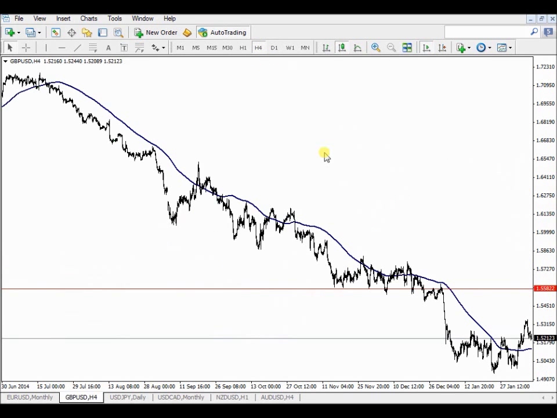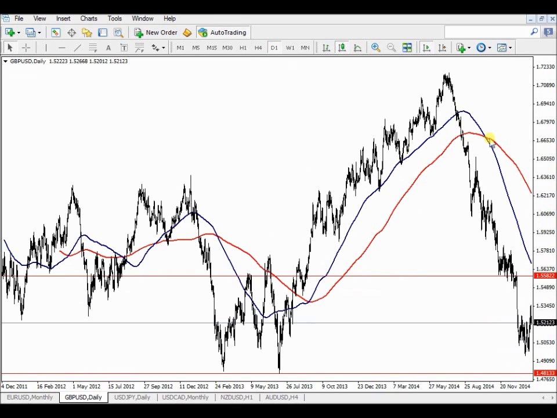Some traders also use the crosses of the moving averages to sell and buy, and you can also see it acts as support and resistance. Look at this blue line. The market came down to the 100-day moving average all the time and bounced off. So you can use it in a bull market as support, and you can use a moving average in a bear market as resistance, same as we did now with trend lines. That is not the same as the lines in the stochastic. The stochastic is an overbought and oversold signal, and that is calculated in a totally different manner. So I think I answered your question.